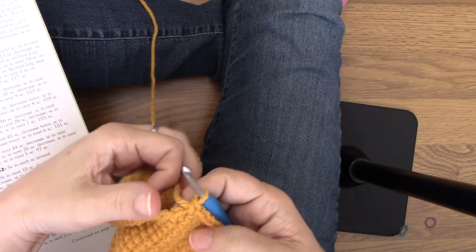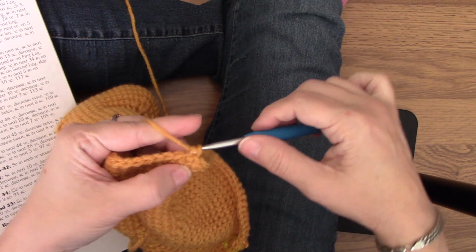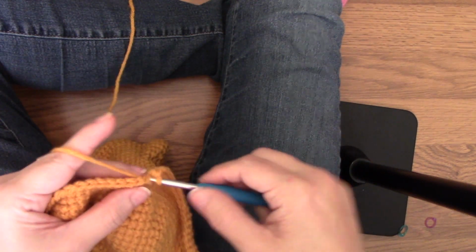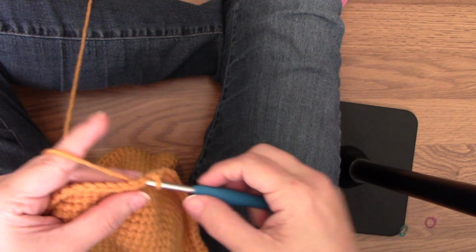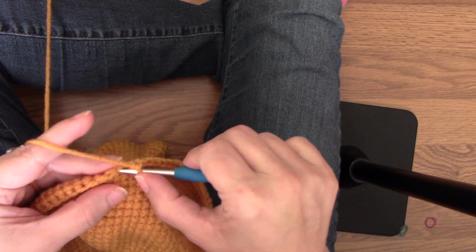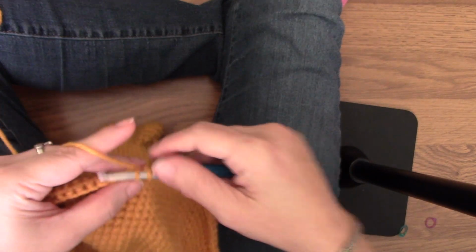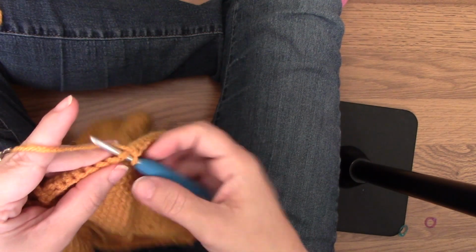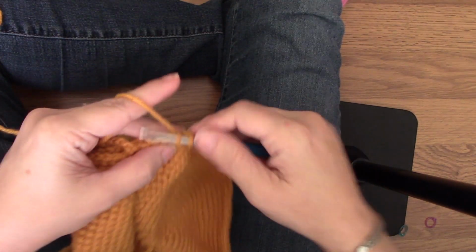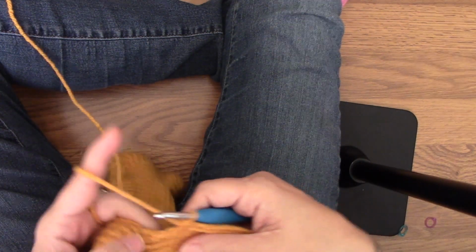Okay, there's my 19 on round 18. Let's see. 2 in the next one. Single crochet in the next 17. Okay, then we're going to decrease,